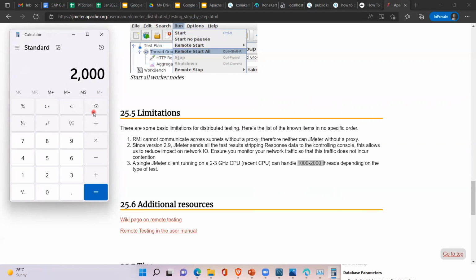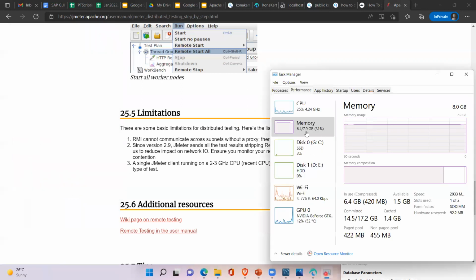So 2000 users into 10 MB, divided by 1024. See, this much RAM is required. If each user takes 10 MB of RAM, about 19 GB of free memory is required. Clear, guys? You have to take care of that also.